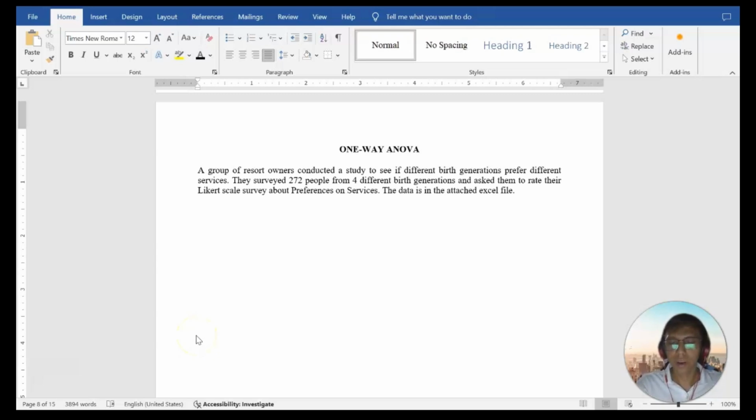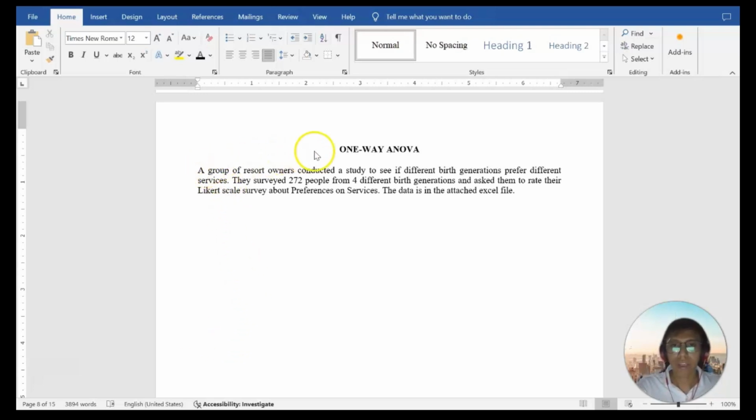So now let's proceed to one-way analysis of variance, or one-way ANOVA. One-way ANOVA is a statistical test used to determine if there are any statistically significant differences between the means of three or more independent groups. It is a powerful technique commonly used when comparing multiple groups based on one categorical independent variable and one continuous dependent variable. So, in this tutorial, we will walk through how to perform a one-way ANOVA in Jamovi using a simple dataset to compare the means of multiple groups.